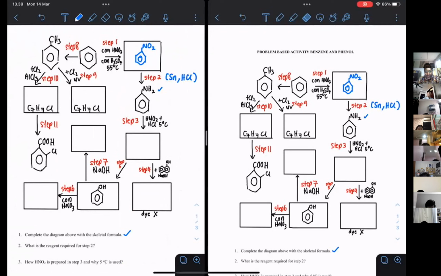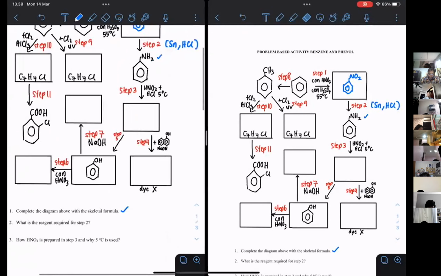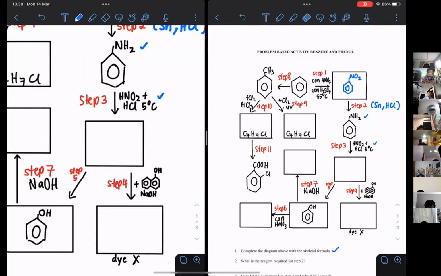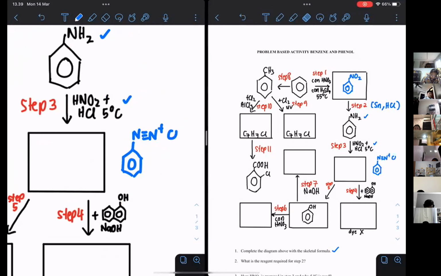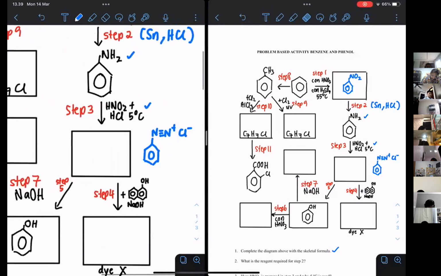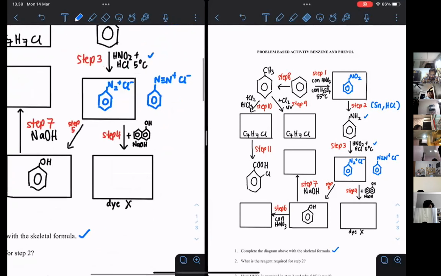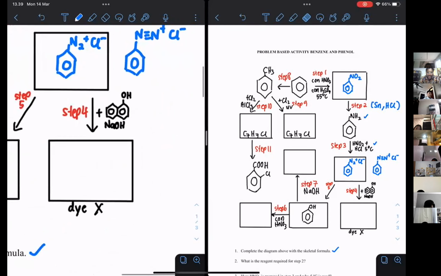And once you have this phenylamine, you are going to have a reaction where you are going to form this structure. If you want to show the triple bond, then N plus, and then Cl minus, you can show it like that, or you can also show it like this, and N2 plus Cl minus. Both also can. Now step number 4 is going to be quite interesting because we are going to use the